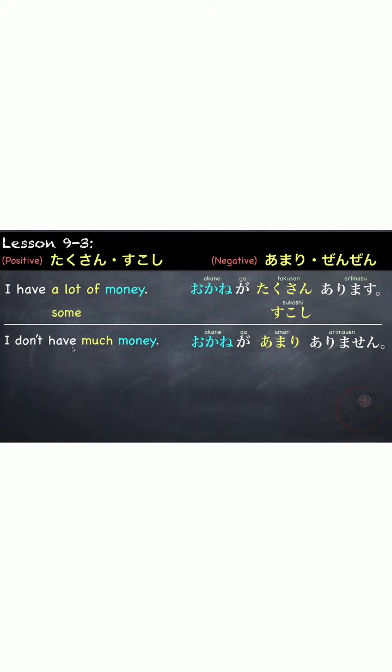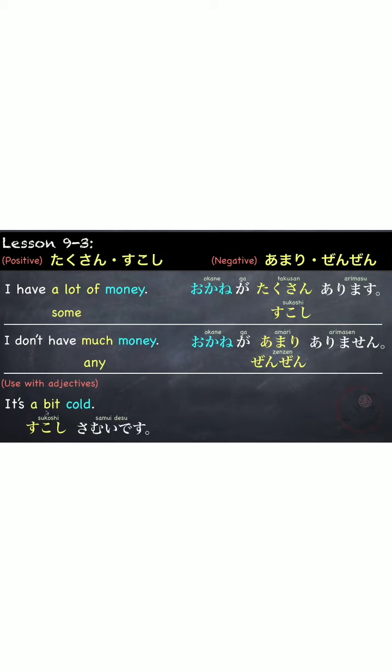I don't have much money. お金があまりありません。Or, I don't have any money. お金が全然ありません。全然 and 少し can also be used with adjectives. For example, it's a bit cold. 少し寒いです。